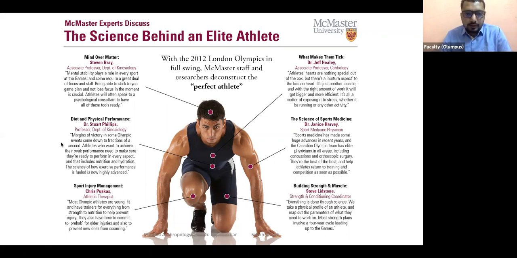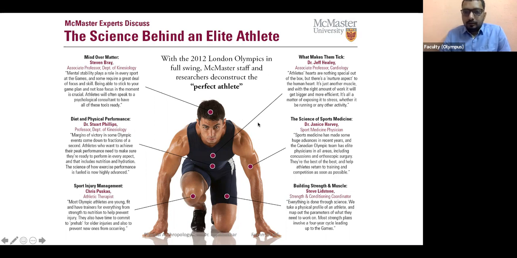So athletes who want to achieve their peak performance need to make sure that they're ready to perform in every aspect, with proper nutrition and proper hydration. They play an important role, and athletes need to understand their body's requirements of nutrition and hydration in relevance to the specific sport. Injury management, we see that in cricket very much. People have shoulder problems, people have knee problems. So they have to understand the vulnerabilities that they have with respect to the given sport. So what do they have to do here? They actually have to be trained and physically do that workout so that their body can perform better.